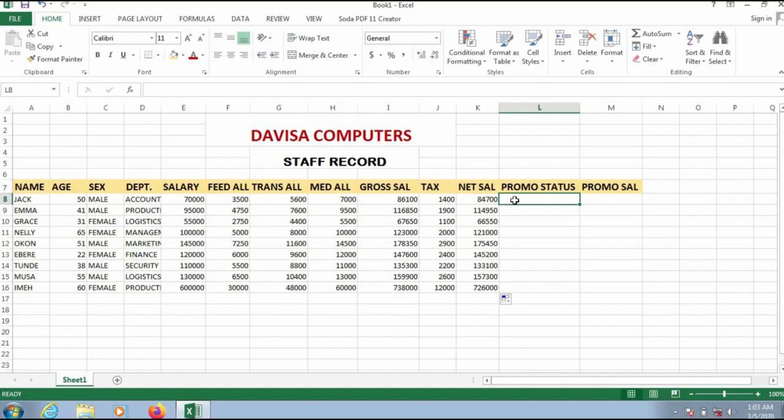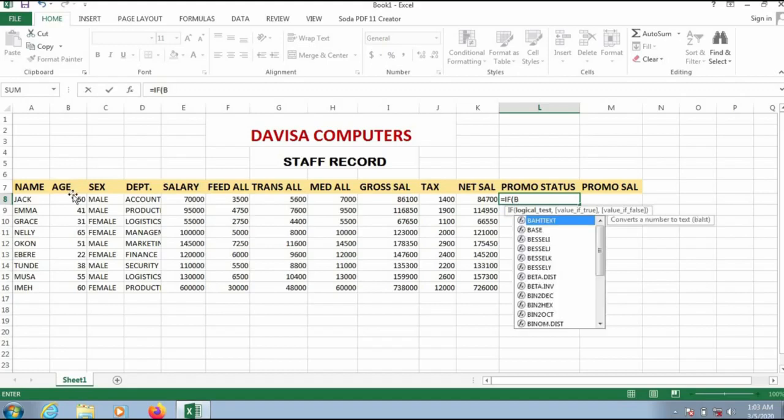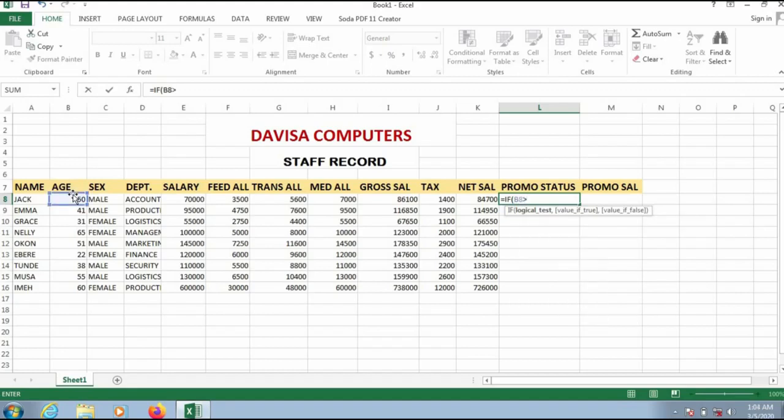Remember, the first function we use happens to be sum. So right now, equal to if, we open a bracket. Don't forget that. Then what is the cell address for our age, which is the basis for this promotion? That should be B. Age is B. So for Jack is B8. So equal to if open bracket B8 is greater than, that is more than 50, and equal to, that is equal to 50, that's 50 and above. Okay, 50